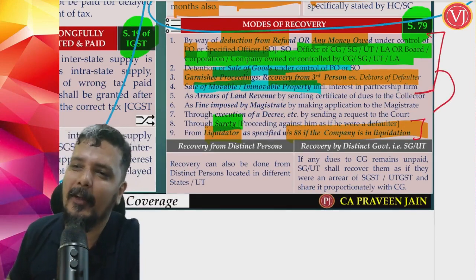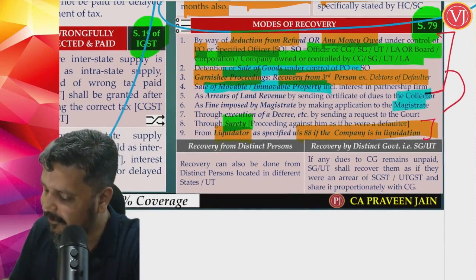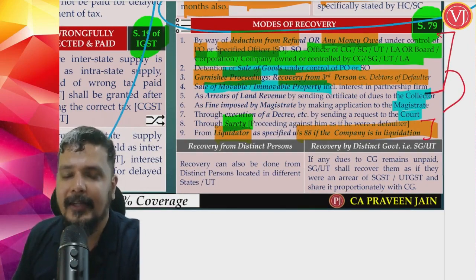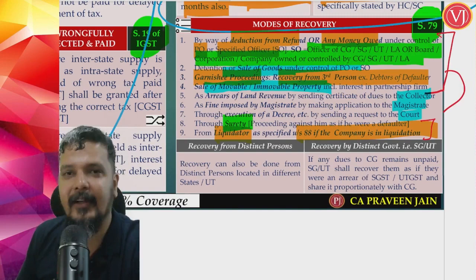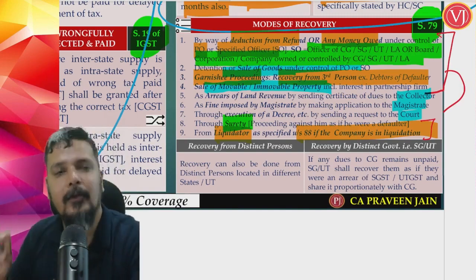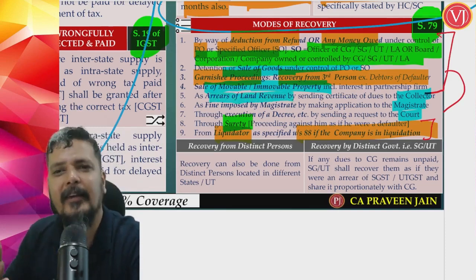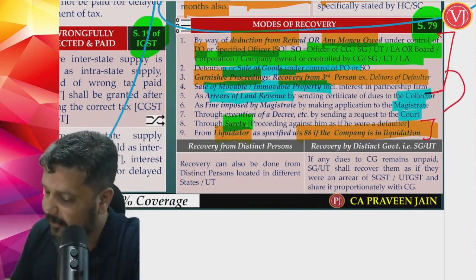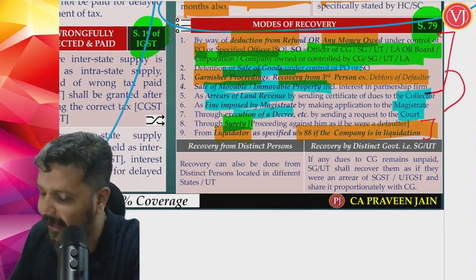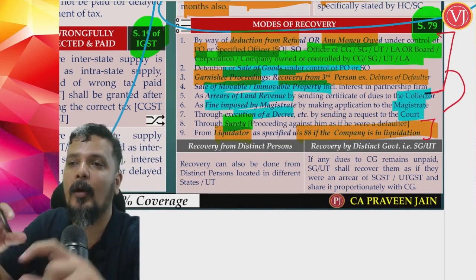Finally, if they are not able to recover the amount, what will they do? They'll go to the collector, magistrate, and court. They tell the collector that if this person has any property in this place, not presently but in future, you can collect it as arrears of land revenue, which is crown debts. So the collector will take action if the time comes. They'll go to the magistrate and ask the magistrate to impose a fine on this particular assessee. They'll go to the court and ask for an order or decree against this assessee that he is to pay so and so amount to the government